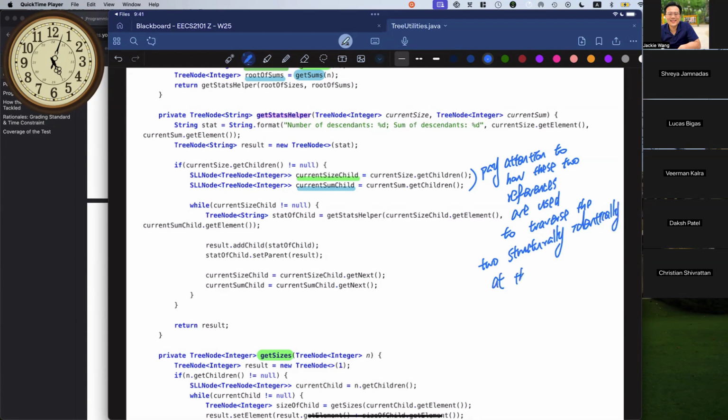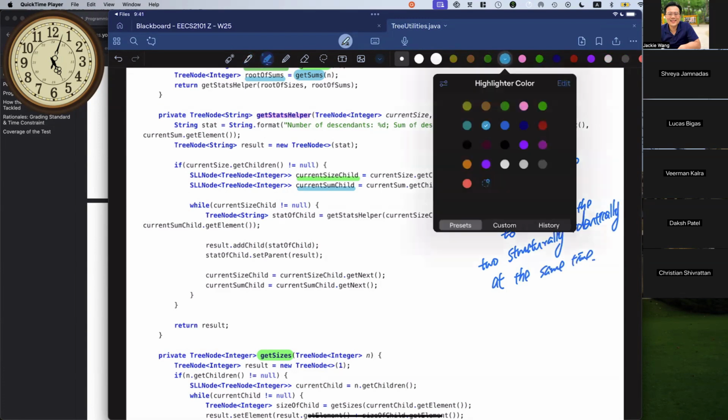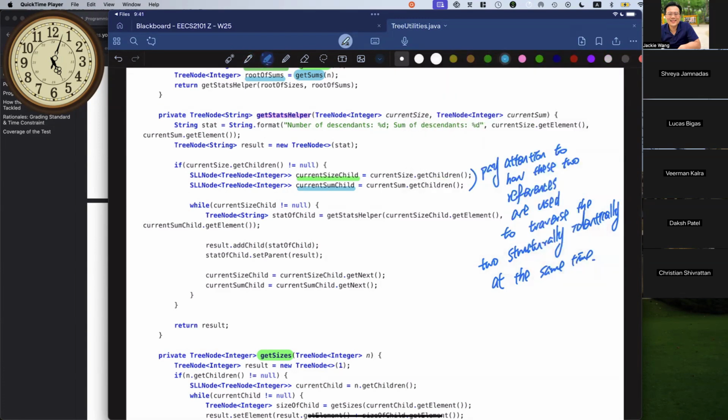That's something you will have to look at in detail, exactly over here. This is the part you want to look into.